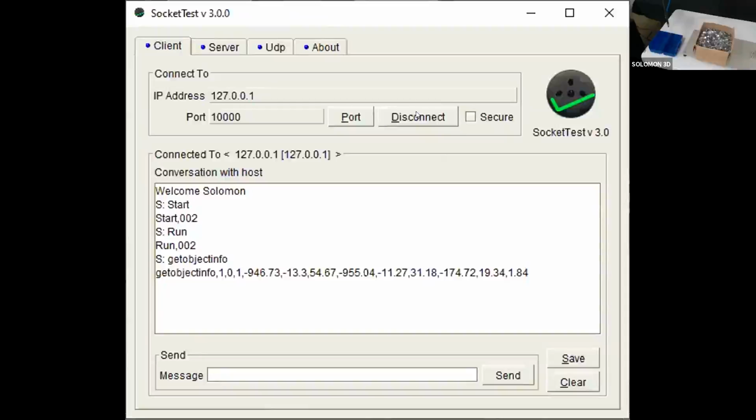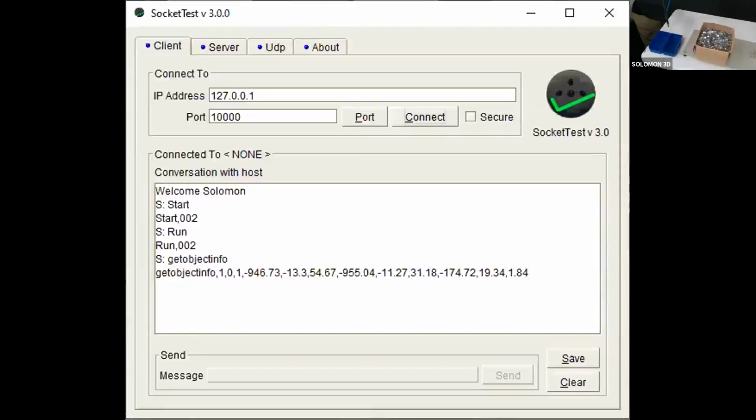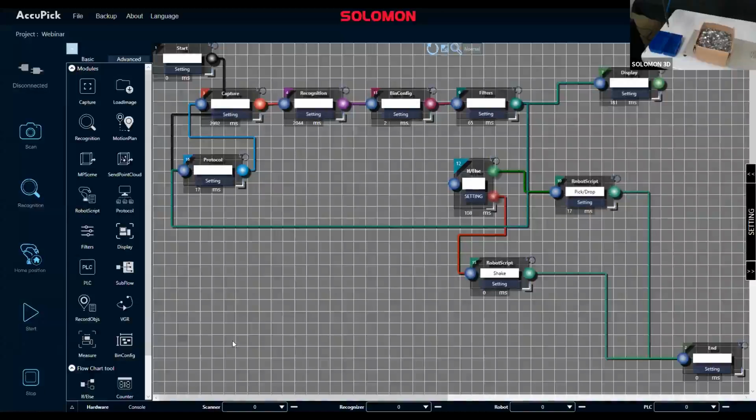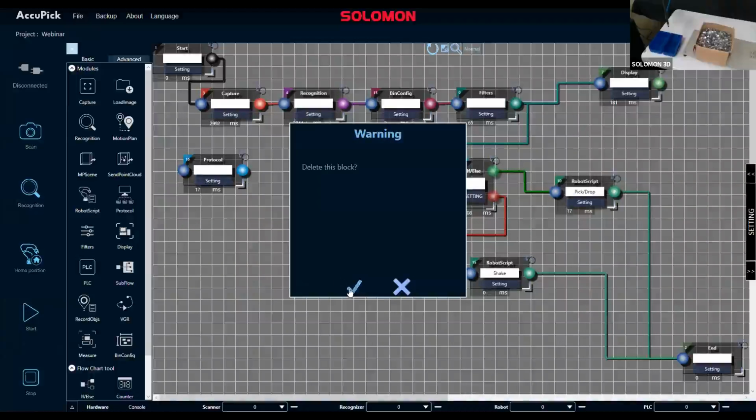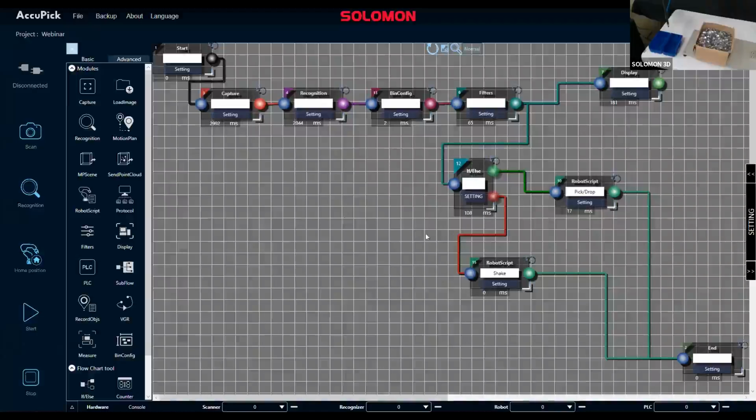All right, so for now, I'm going to disconnect from here and move back to the AccuPick screen. I'm going to set the flowchart up as I had it before. So I'm gonna go from start to capture, and from filters to if else. Delete this one. I'm just gonna delete this protocol block. Like I mentioned before, the if else block is here just so that if I get pickable objects,